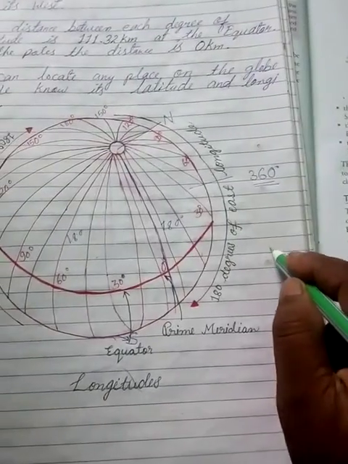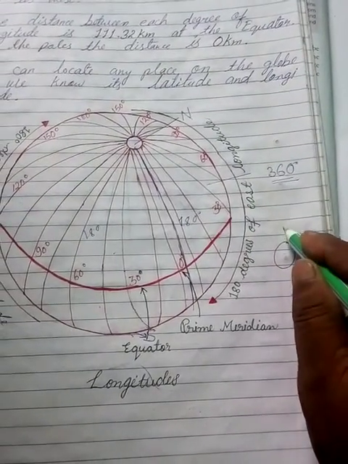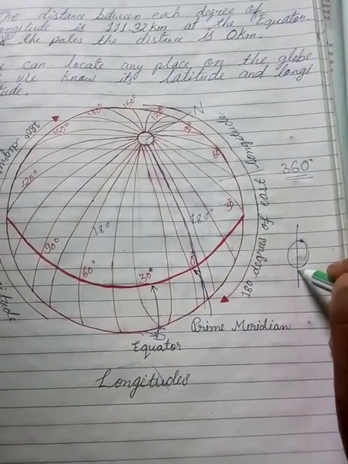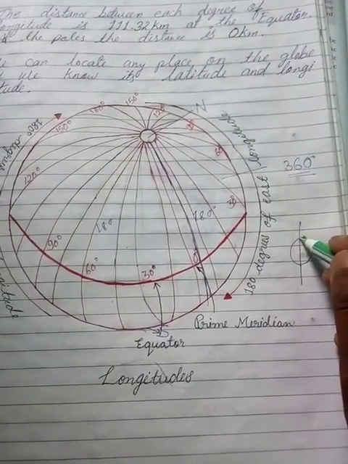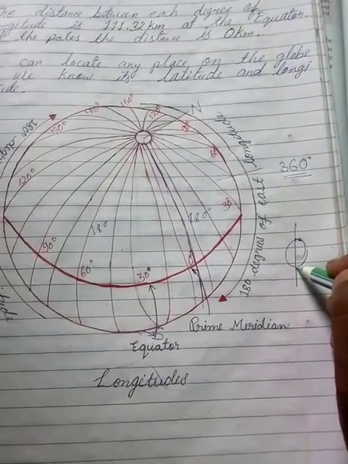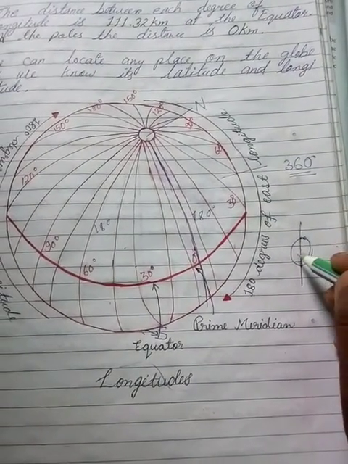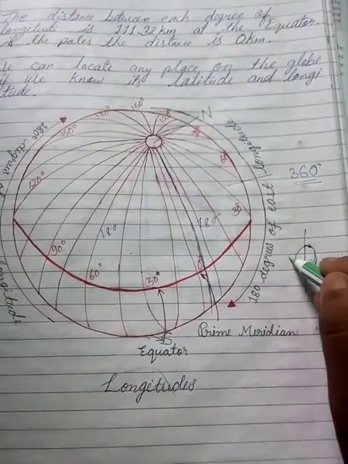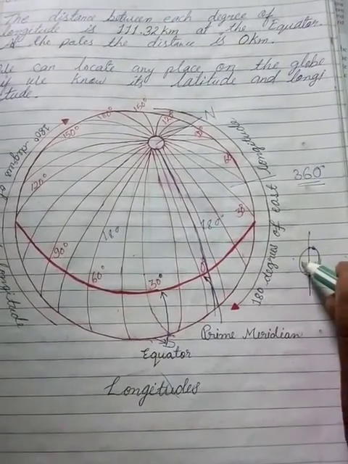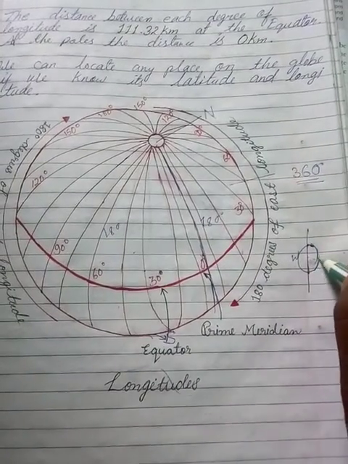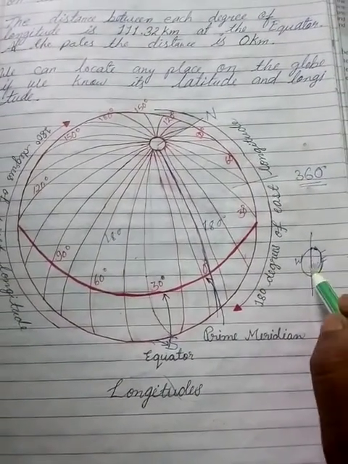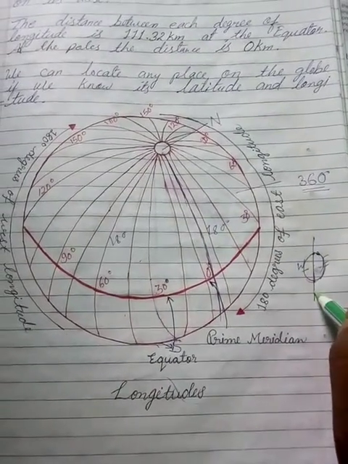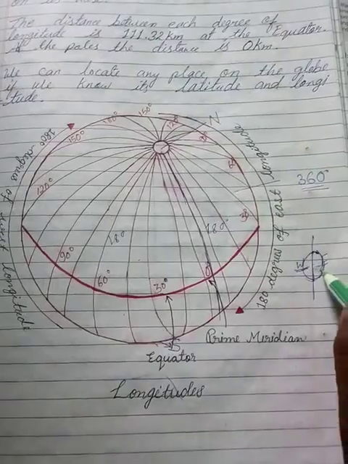Suppose this is a ball. When we cut from this, or you can say when we draw a vertical line from this to this, the longitude divides it into two parts. First, this is called the western hemisphere and this is called the eastern hemisphere. This is a ball, a hemisphere. Vertically, this is called the western hemisphere and the eastern hemisphere.